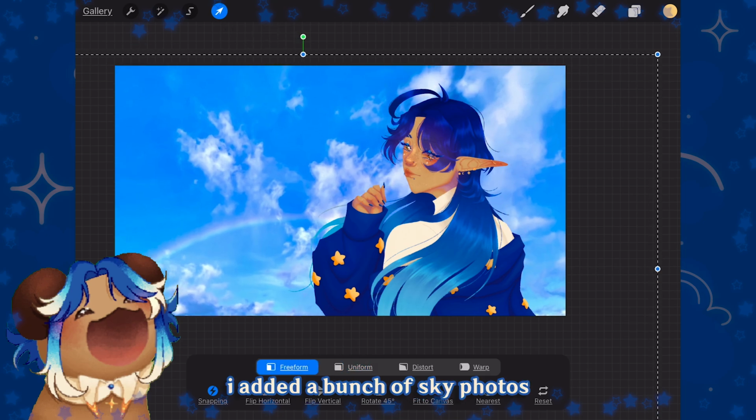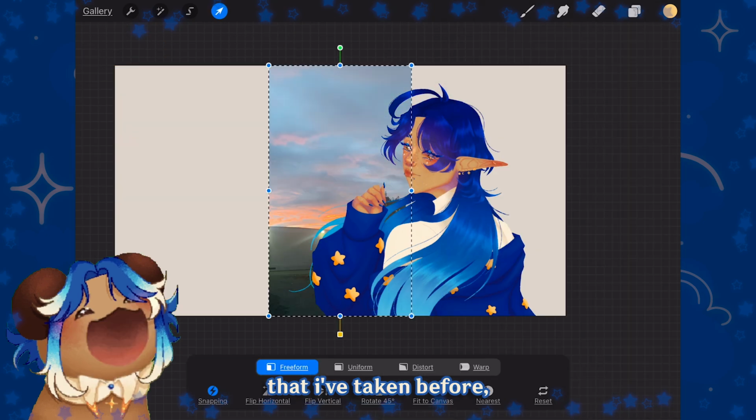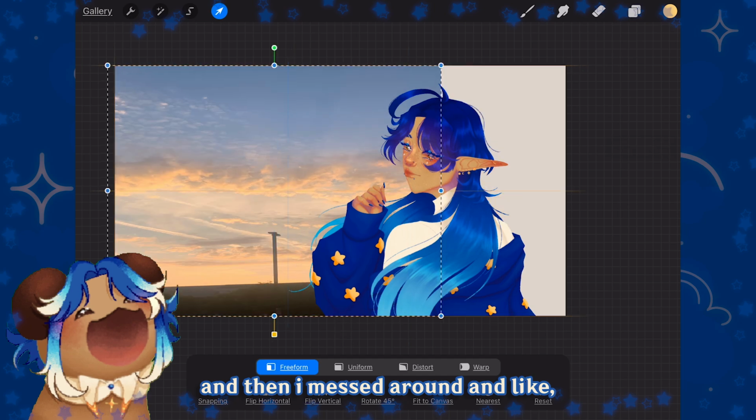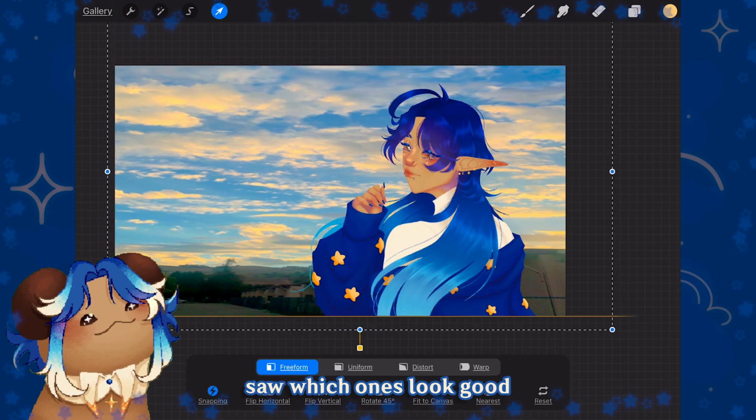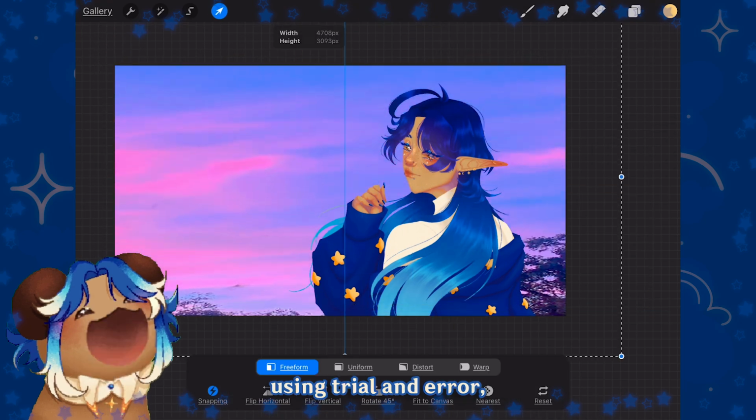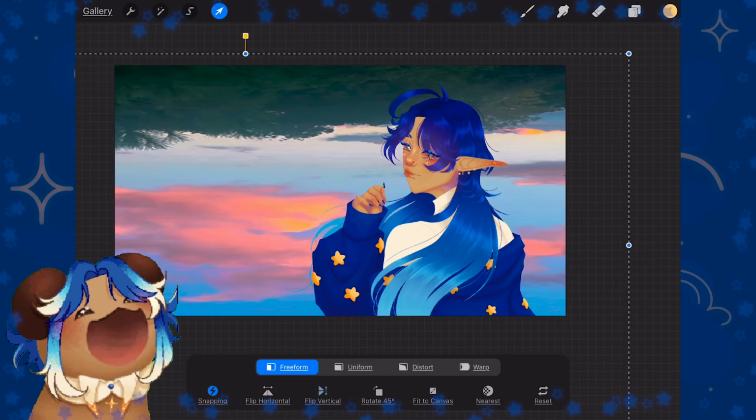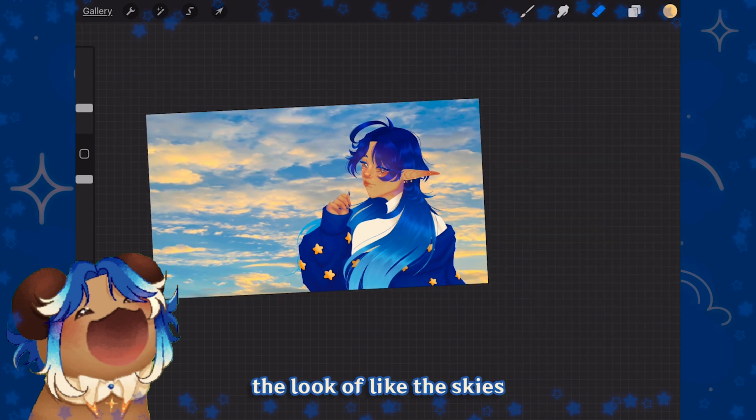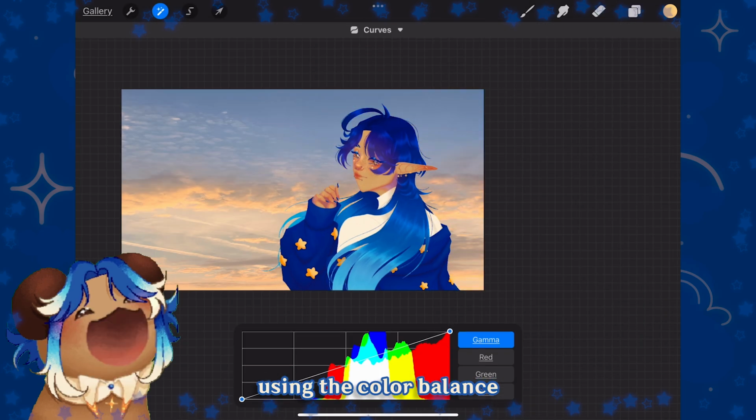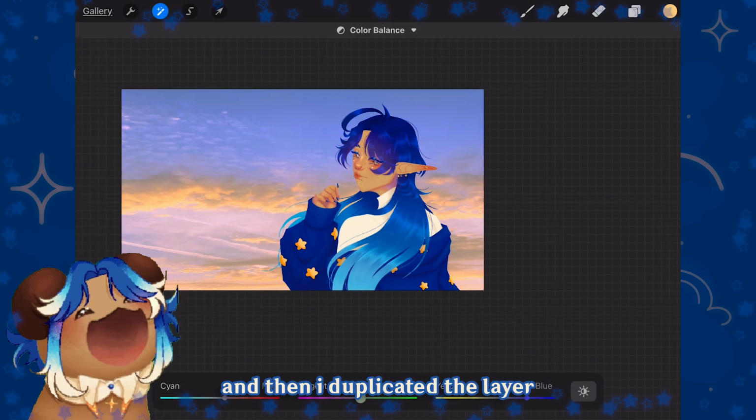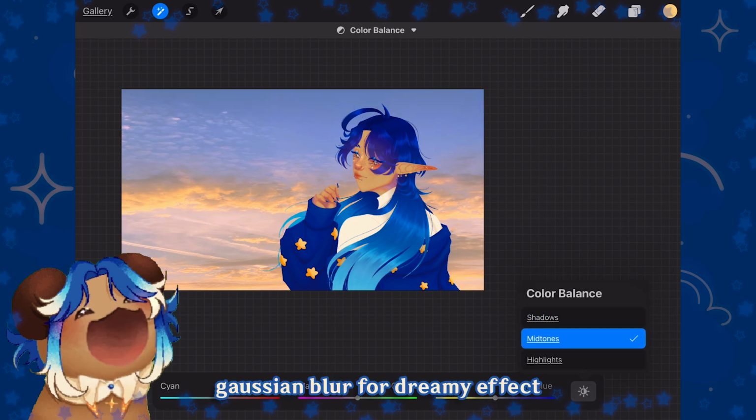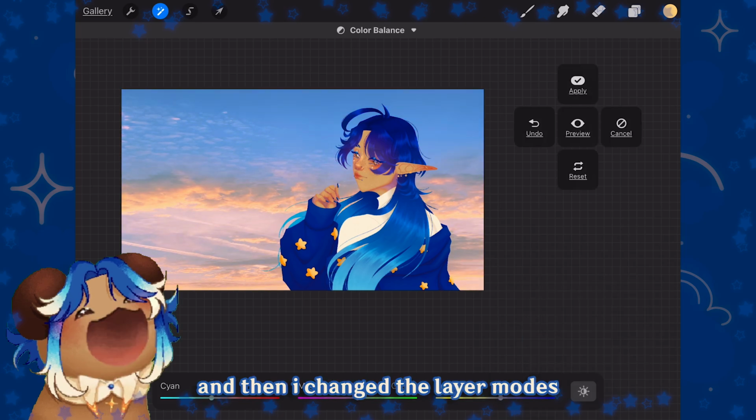So for the background, I added a bunch of sky photos that I've taken before. And then I messed around and saw which ones look good using trial and error. I ended up using 2 sky photos, and then I adjusted the look of the skies using the color balance, and then I duplicated the layer, Gaussian blurred for dreamy effect, and then I changed the layer modes until